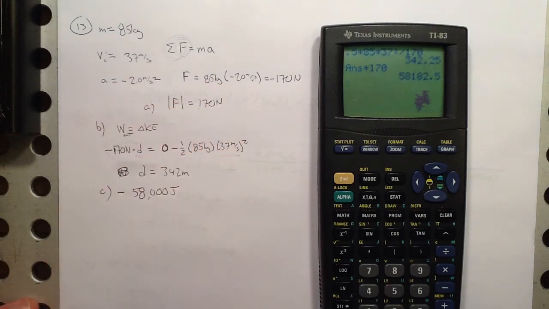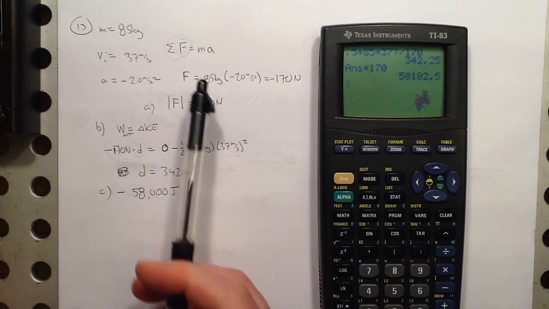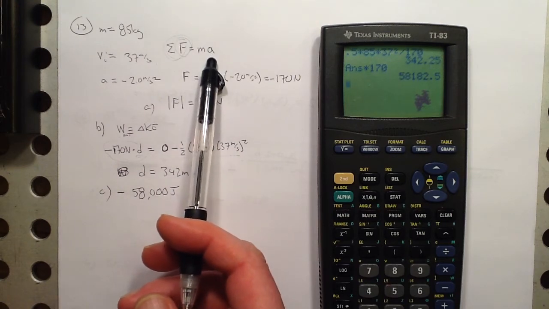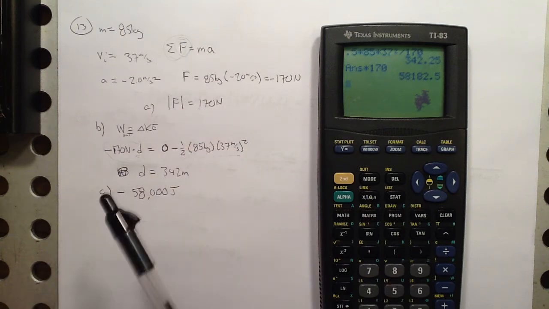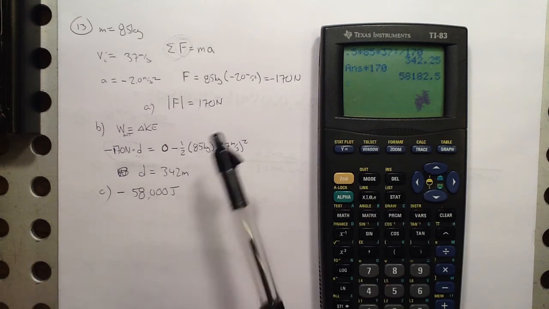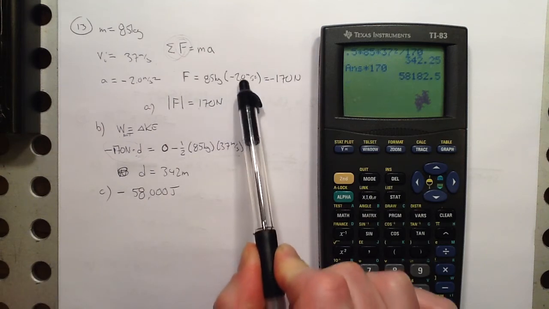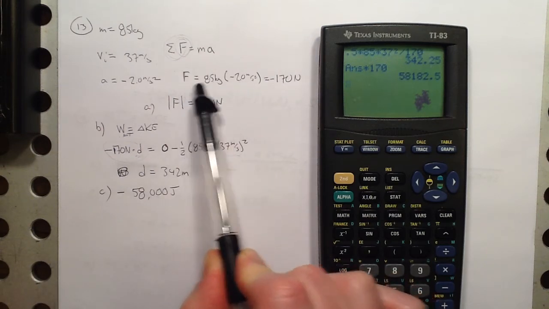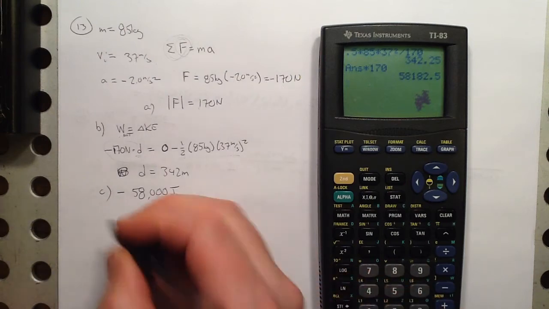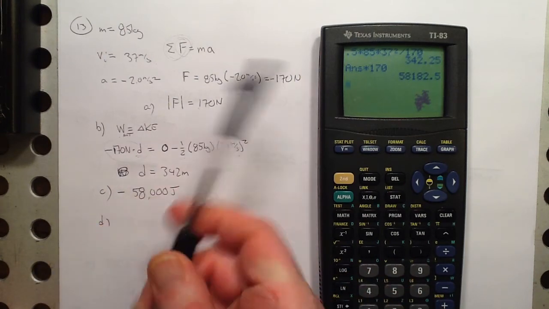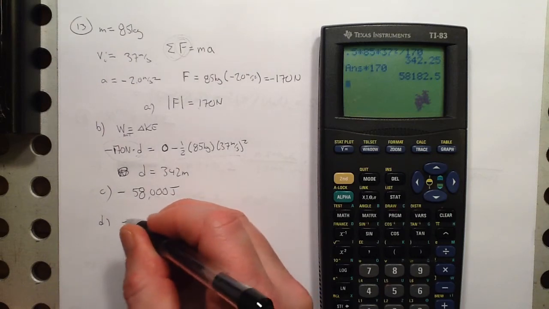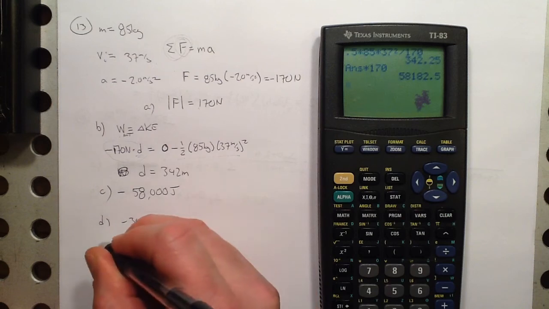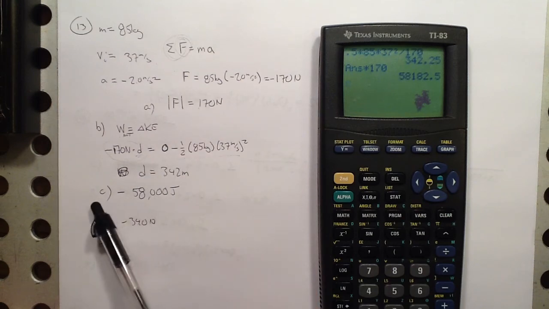And then parts D through F, it's the same exact calculations, except if you double the acceleration, that's going to double the force. So let's look at our relationships and see what that's going to do. Here, doubling the acceleration would just double the force. Nothing's getting squared or anything here, it's just a linear relationship. So that would double. In part E,